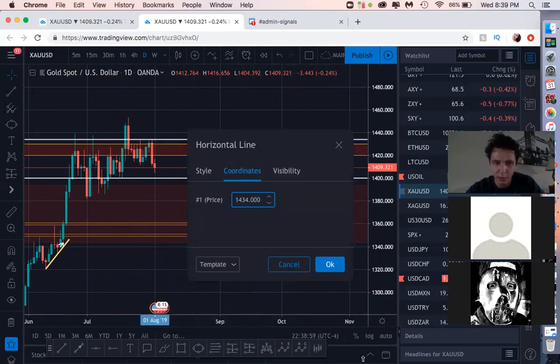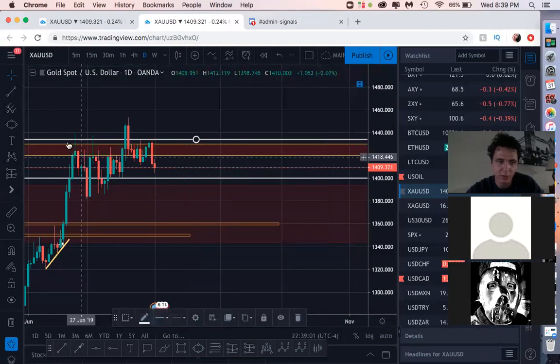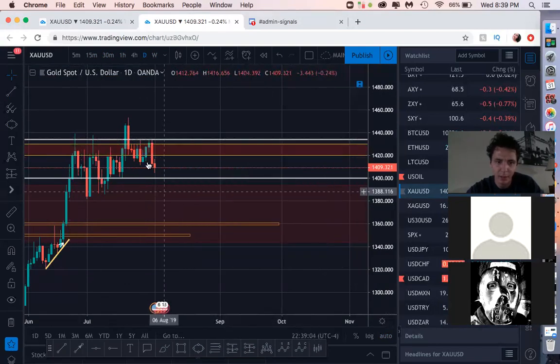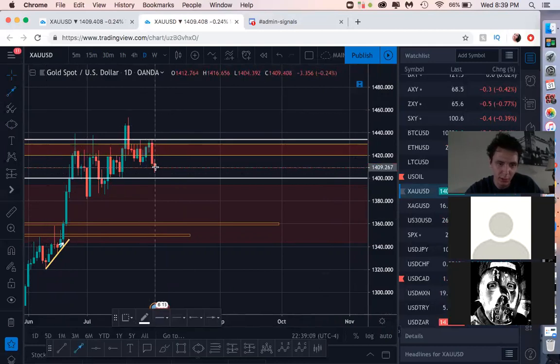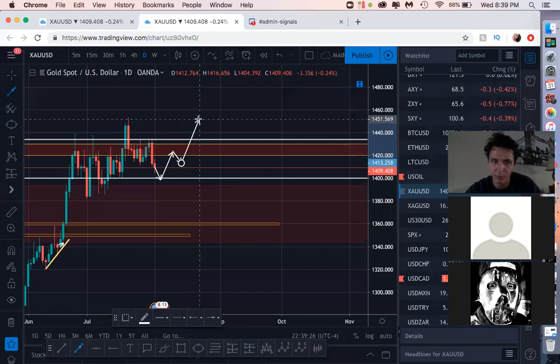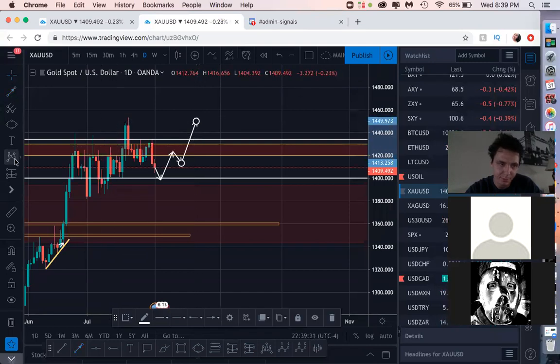Let's get that nice and neat. So 1334, making some equal highs. And what we're looking for price to do something like this. Come down, come up, maybe do something a little like this, and either stall out at this area or shoot up to probably meet one of these wicks. I'm going to say dead in the middle, and that's where we get our retest.